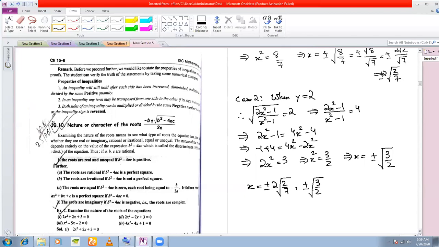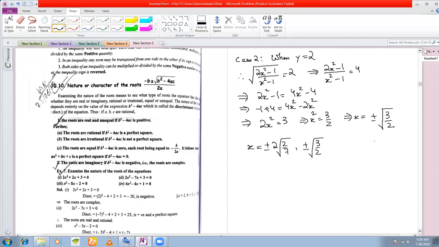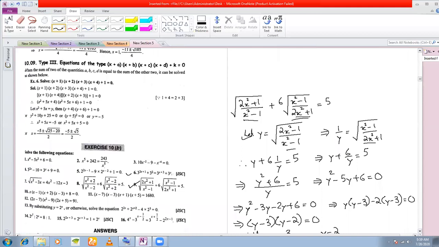There's a very important observation here that you should make, and that observation is that you are actually getting 4 roots here. You're getting 2 roots here and you're getting 2 roots here. Why are you getting 4 roots? Because the degree of this equation is 4. If you square and remove the radical, the degree of this equation becomes 4. That is, the highest power of x will come to 4 in this. Therefore you have 4 roots.